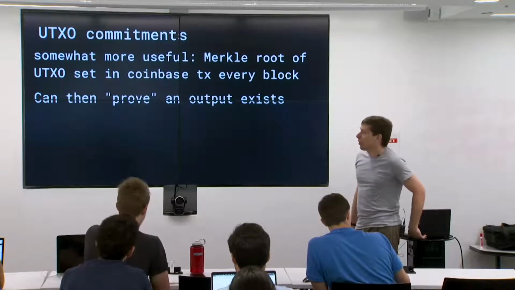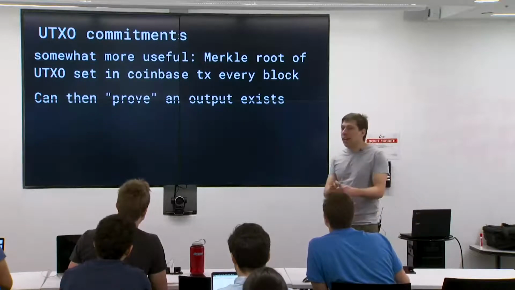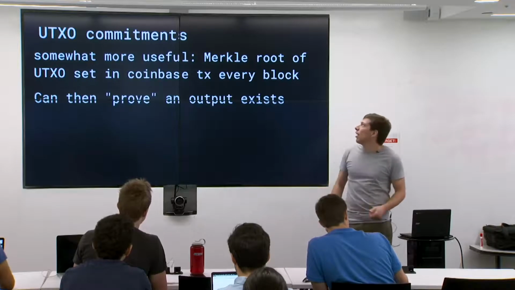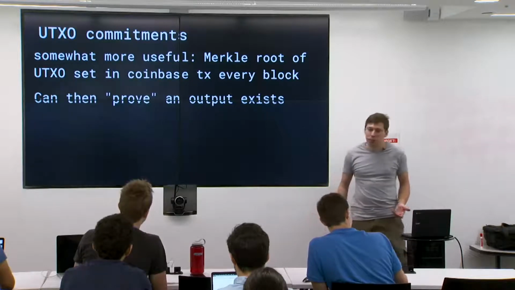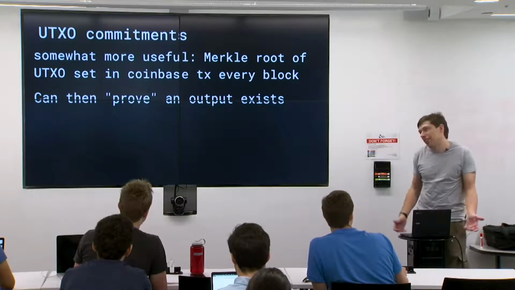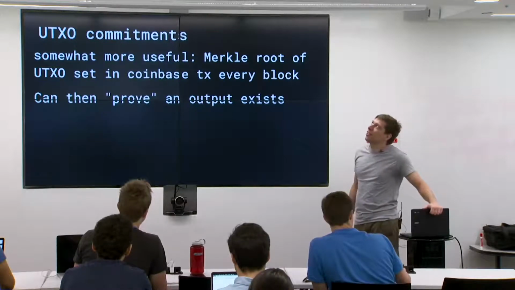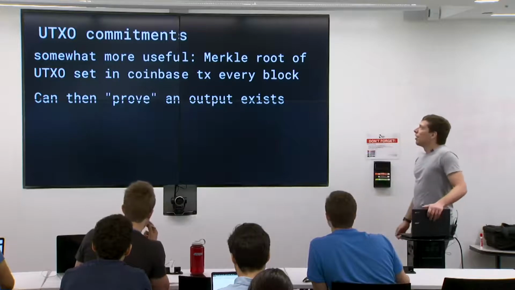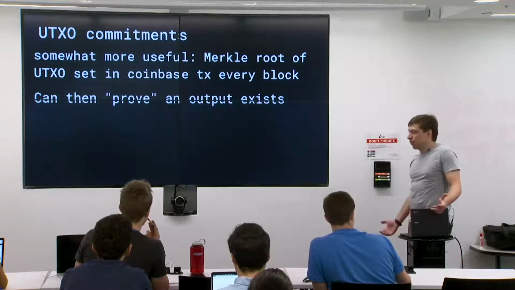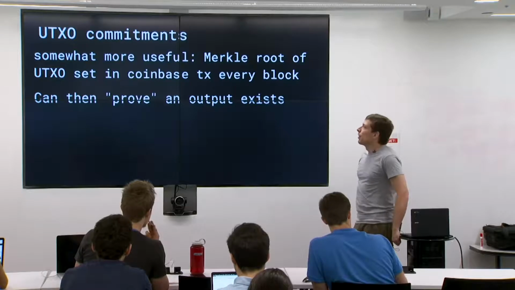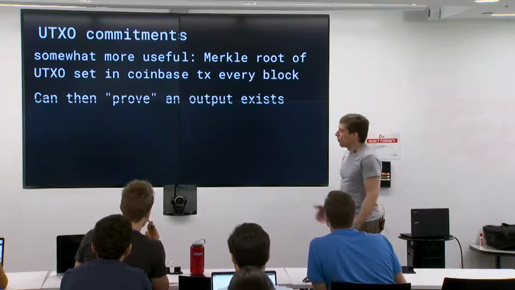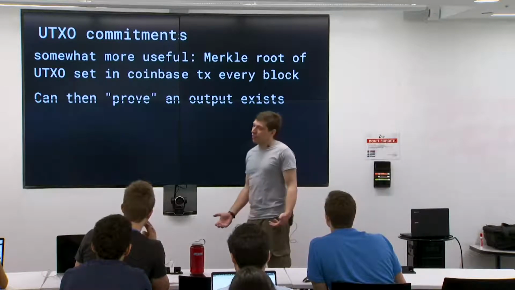A bit more useful: instead of just taking a linear hash of the entire UTXO set, make it a Merkle tree, right? And that way, yeah, sure, it's very little extra hashing. Well, no, wait, twice as much hashing, right? But anyway, 2x the hashing, but now you've got the ability to make small proofs. And then you can prove an output exists at a given block height pretty easily